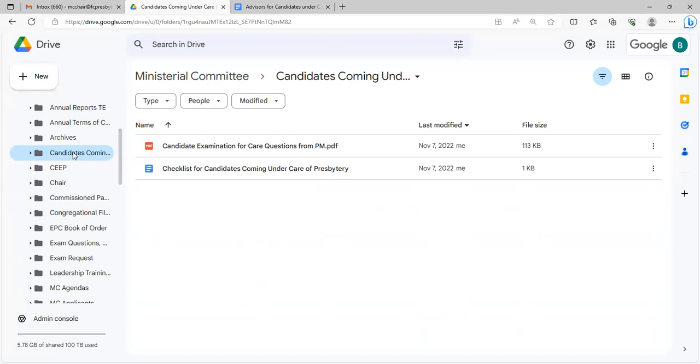The procedure manual, which is introduced very briefly in one of the upcoming videos, is your how-to book, the Bible, so to speak, of all of your work on a ministerial committee. I highly recommend that you get a copy of that procedure manual in paper and have it on your desk at all times. Within that procedure manual, though, is a list of questions that the committee should be asking candidates